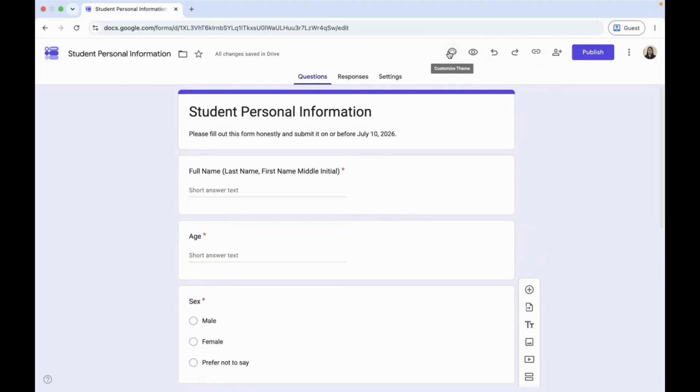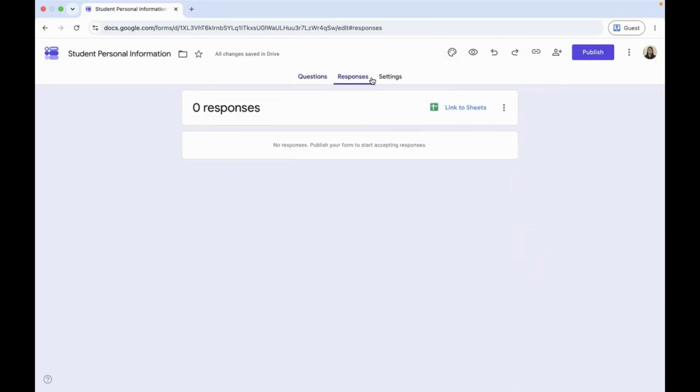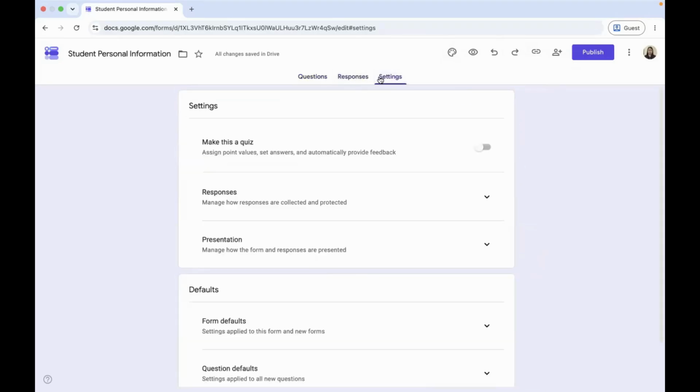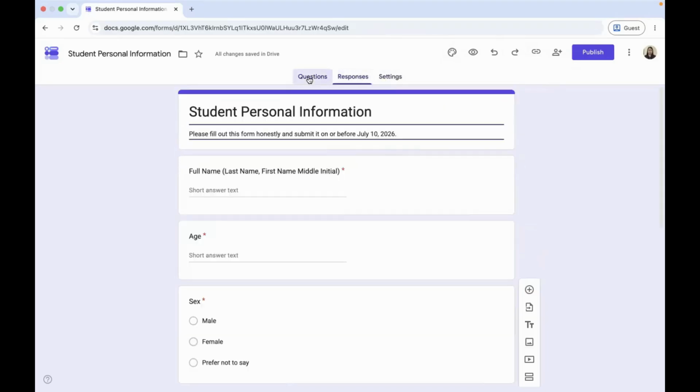Later, you will learn the uses of each of these buttons as we go through our topics. Also try to explore some tabs here of our Google Forms interface. Okay, so that would be all for this topic. I hope you have learned from this one and you will learn more in our succeeding topics. Thank you, everyone.